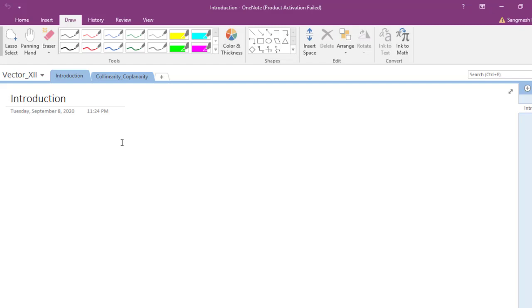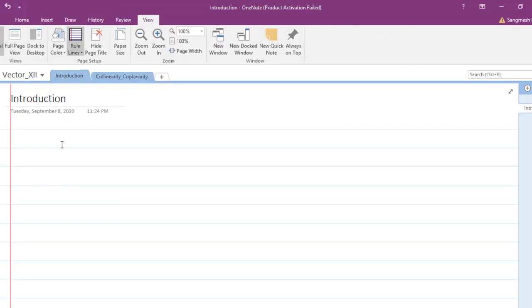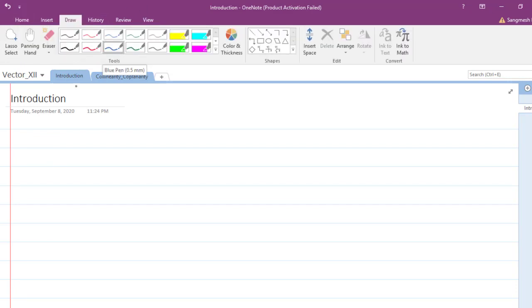So let's start the vectors. As we have already studied in our 11th, the introductory part for the vectors, in which we have studied that the vector is represented by bar. Simple, small points I am taking. First let me have the grids here, rules and grids. Okay, very good. So the first introductory part is the vector is represented by AB bar.